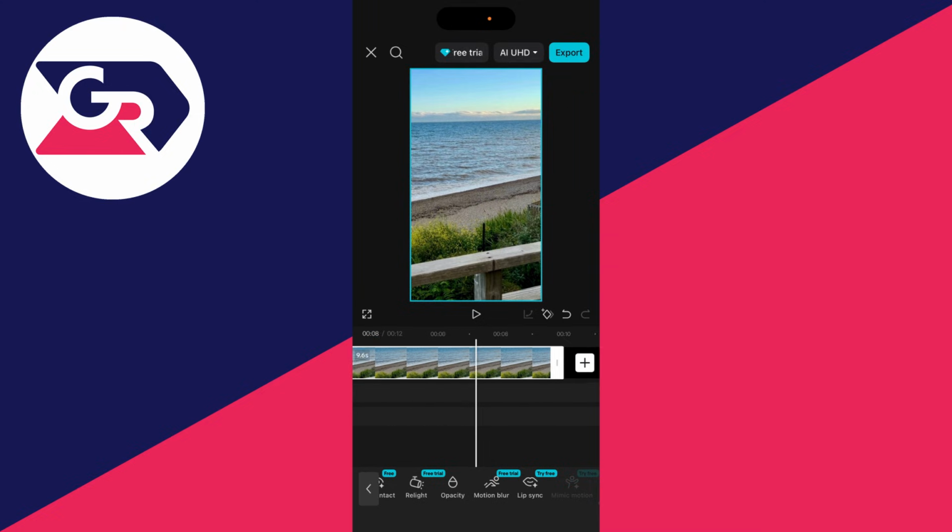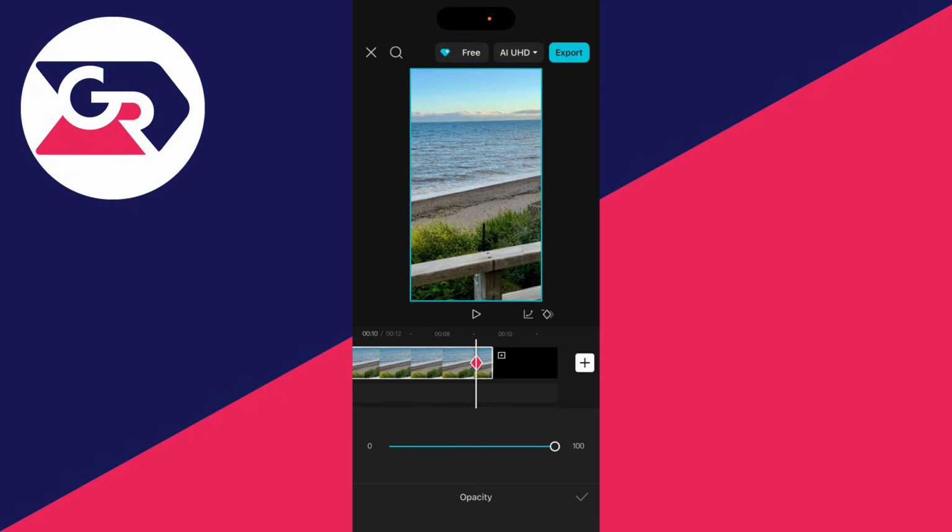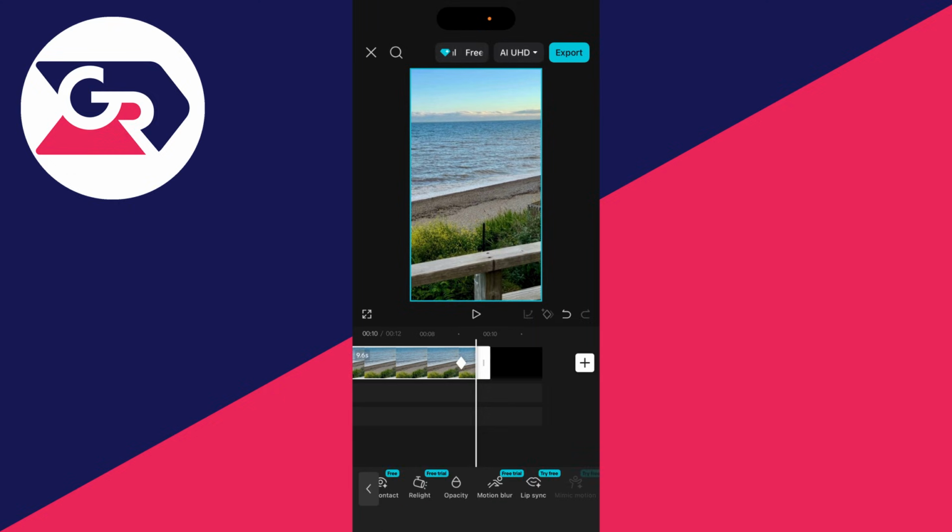If you want to have a fade out, go to the end, and choose where you want the fade out to begin. What you need to do is press the add keyframe button to the right of the play pause button, find opacity again, select it, make sure it's set to 100, scroll right to the end and add another keyframe, and